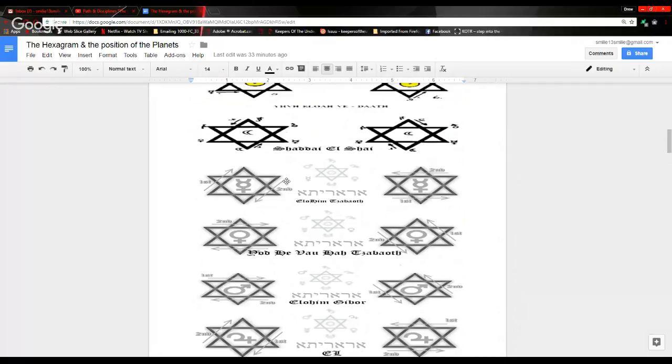Then we come over to the inverted triangle, start at the far right corner, go down, up, across, connecting, and we trace in the symbol for Mercury, and the formula for that is Elohim Sabaoth, followed by, yes, and each of these are followed by Eretiv,